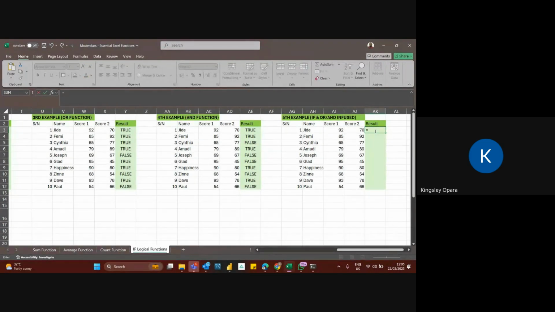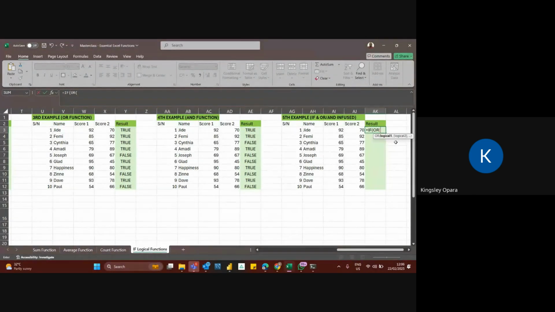So I'll start by using my IF function, and I won't be in a hurry to start building it. I will bring in my OR function again. You see, IF open the bracket and then OR open the bracket, so it is your OR function built inside of your IF function.